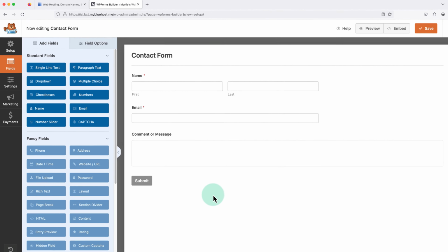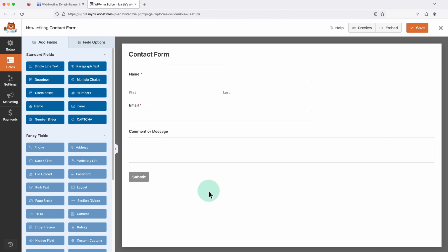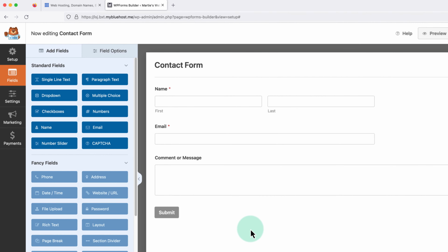this will bring us into the form builder. And here we can see that this form will ask for the user's name, email address, and their message. And this is going to work for most websites. Then if we want to change it so it only asks for the user's first name instead of first and last, we can click on the name field here on the right,